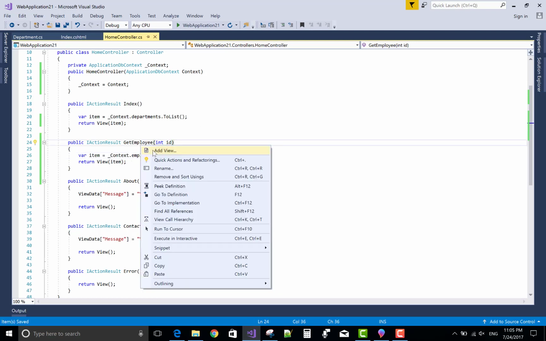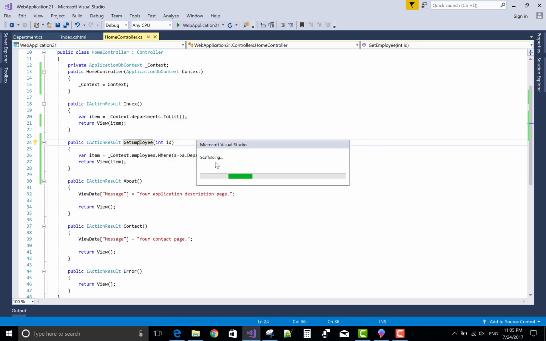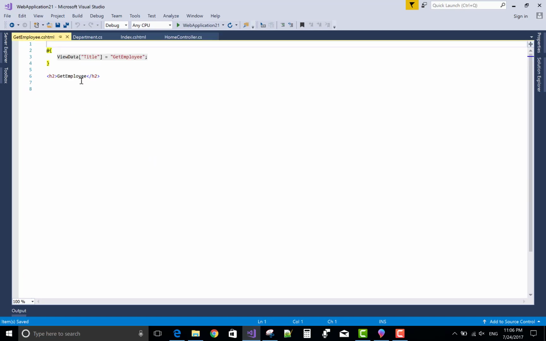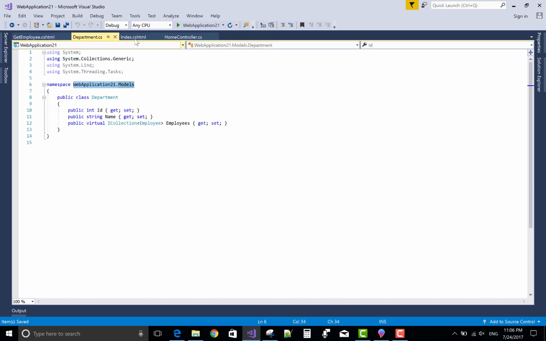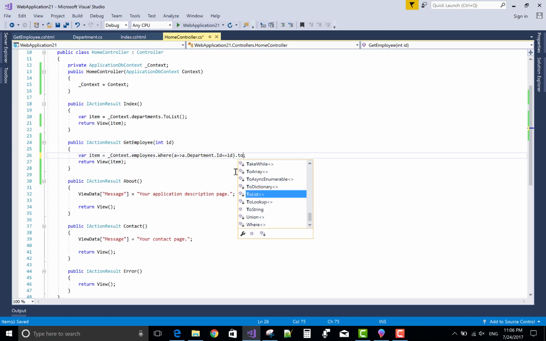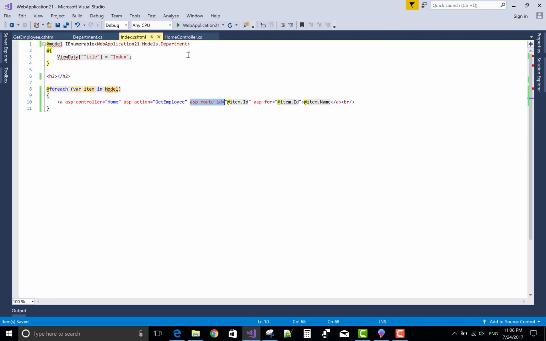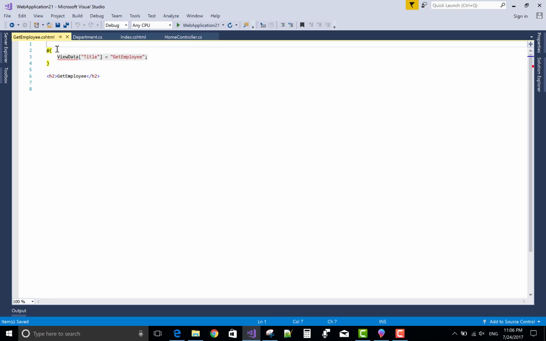Now come to add view, without any model, because here we have a type of list, because I want to show all the names of the employees which exist in the particular department, so use ToList. Add the model, IEnumerable, and replace department with employee.